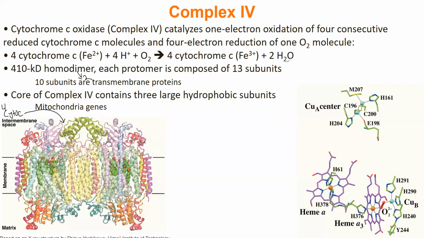And unlike complex 3, where we look at the Q cycle, I don't believe we're going to look at complex 4 in that great of depth. So just know the overall reaction here. Know that cytochrome C comes in from the inner membrane space. Know that you need 4 of them. Know that oxygen is the accepting molecule to make water. And that is pretty much it for our 4 complexes